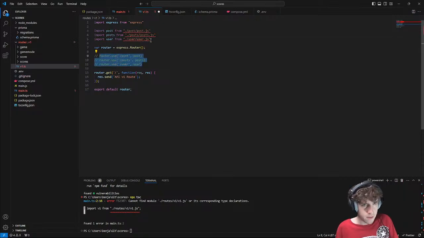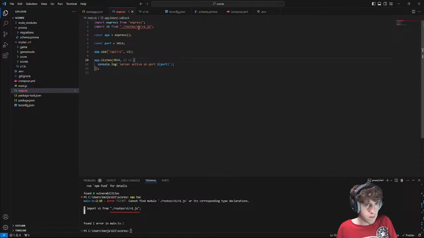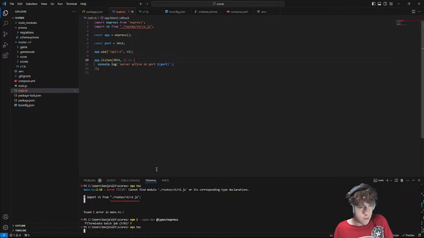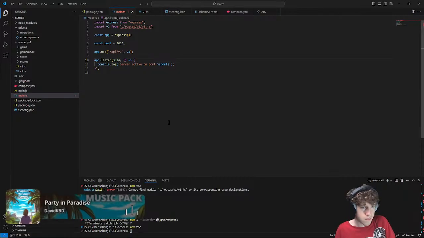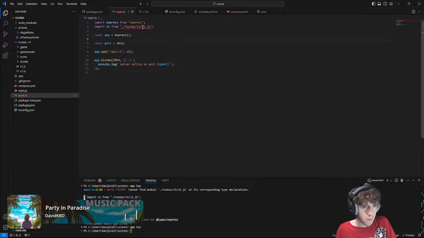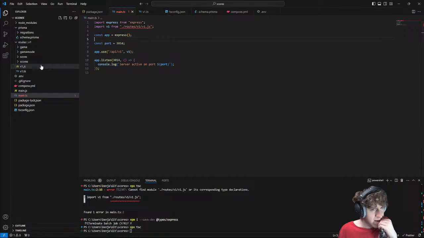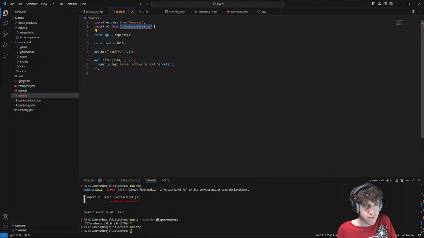I can comment this out for now. And npx, oh, that is the wrong thing. npx tsc. There we go. Why is this still giving me an issue? It's right there, isn't it? Routes, v1, v1.js. Okay, it's working now.